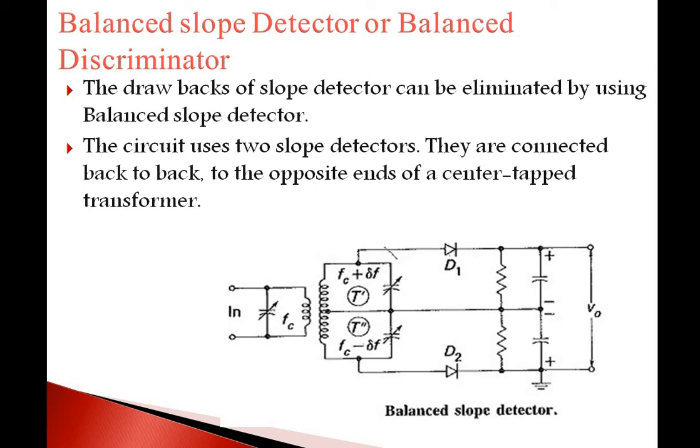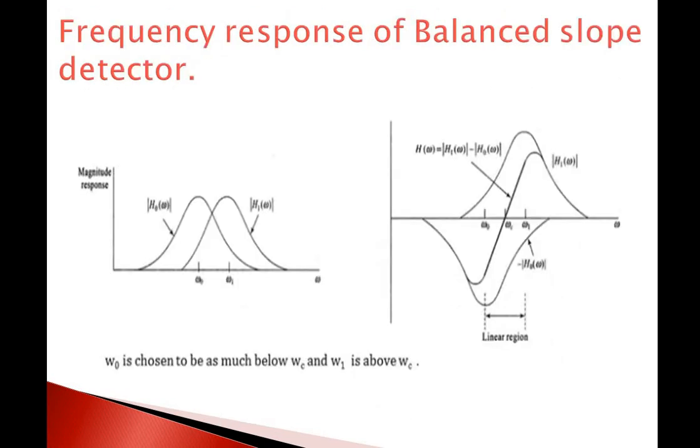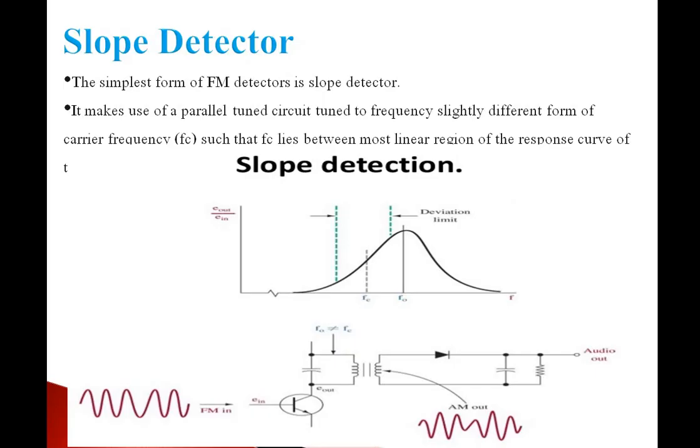Plus, the important thing is there is no harmonic distortion caused when the operation is restricted to the linear region. In a slope detector you get some harmonic distortions, whereas in the balanced slope detector we are not going to get any harmonic distortions. See in this figure, ma'am, go back to your first one, I'll show the response of this one.